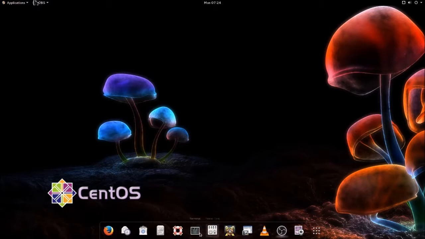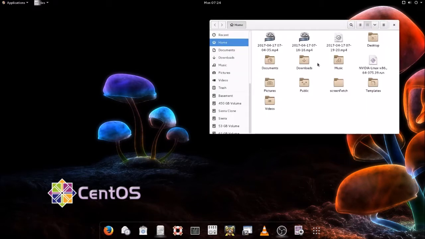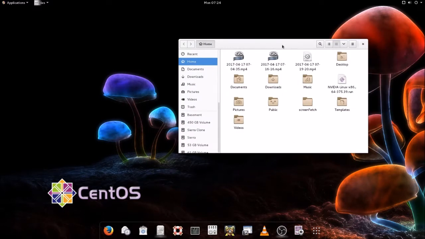Let me see, what else is there to show? So, yeah, this is the icons and whatnot that we have here. As you can see, I've got the NVIDIA driver right here, and it's a script that you have to run whenever you update the kernel. That's why I haven't deleted it or tucked it away. It just makes it easy to get to, so I can get to it in the command line to reinstall